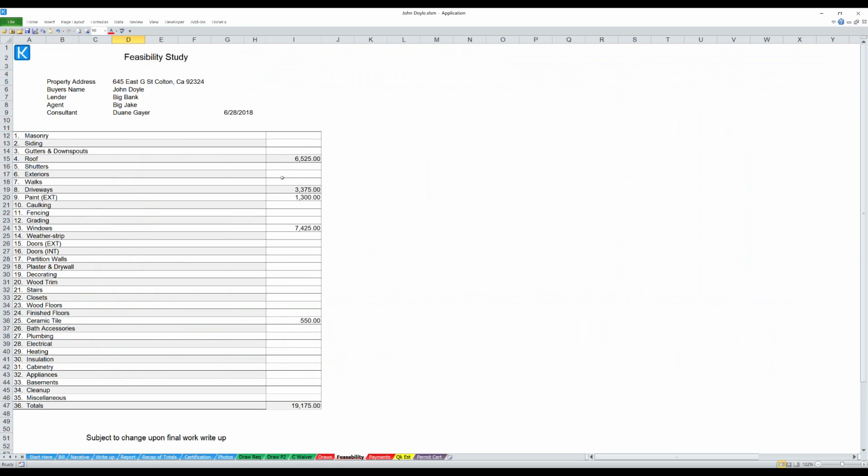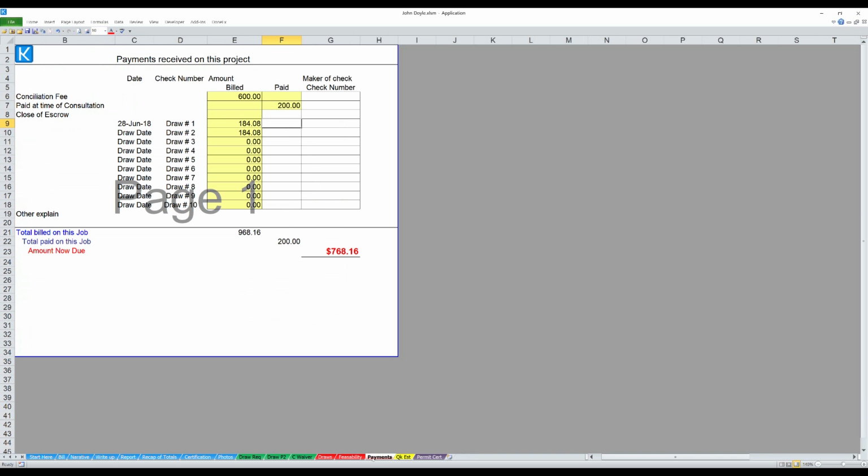Feasibility study, it's done. It was done as soon as we completed the work write-up. The payments, these are the payments that are owed to you. Your invoice was $600. They paid you $200, so they still owed you $400, but now there's 2 more draws. The $400 is usually paid at the end of escrow. Let's fill that in. You could put the check number 2, and then